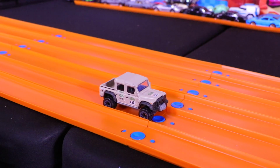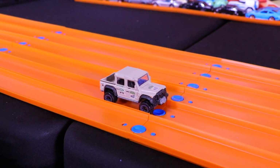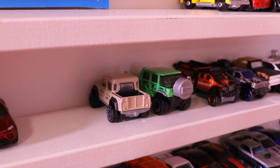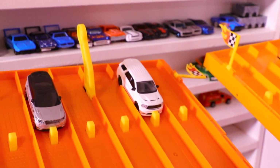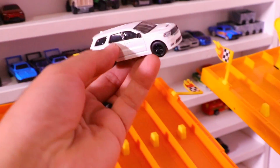Looks like the Land Rover Defender Double Cab is gonna have to go hit the mechanic as it broke down halfway through this race. And there are our 2 losing SUVs so far facing the wall, giving the wins to the Range Rover Velar. But now it is going up against the Dodge Durango SRT, and this one is from